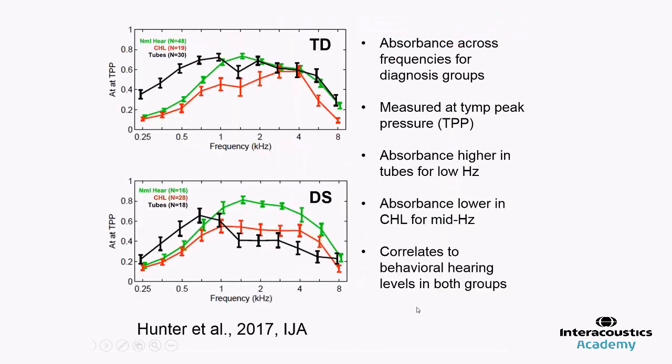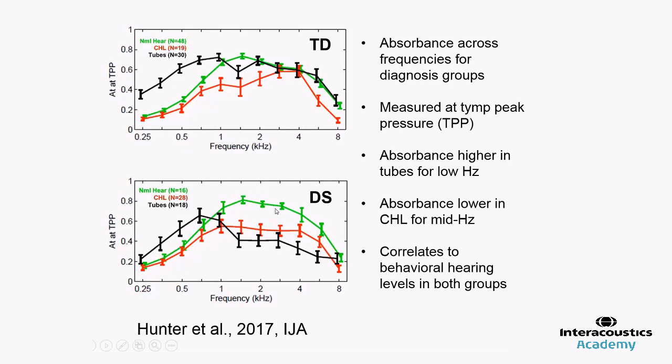So those are the kinds of patterns on an individual basis that you would see. But when it comes to looking at averaged data across groups, you can get some really interesting information. In the typically developing children, we see the normal hearing children have the curve in green, which is a normal type of adult-like curve. The children with Down syndrome who have normal hearing, shown in green, also have that nice, smoothly increasing curve with